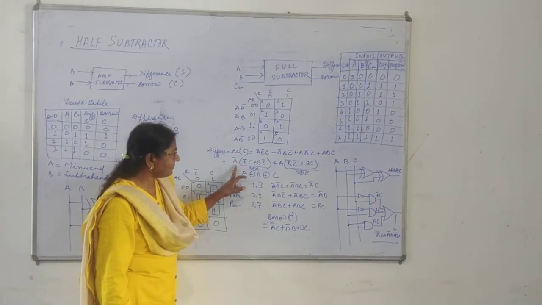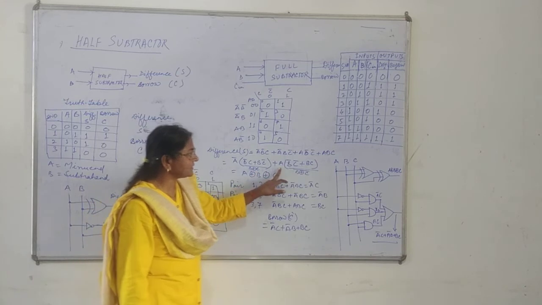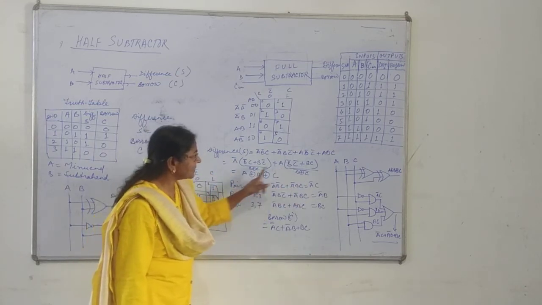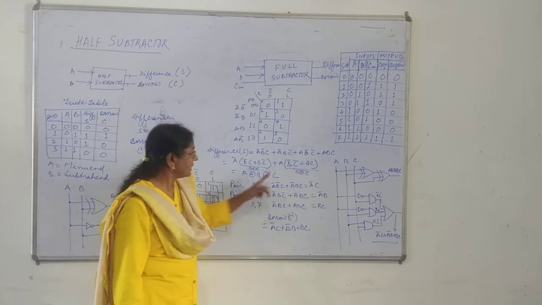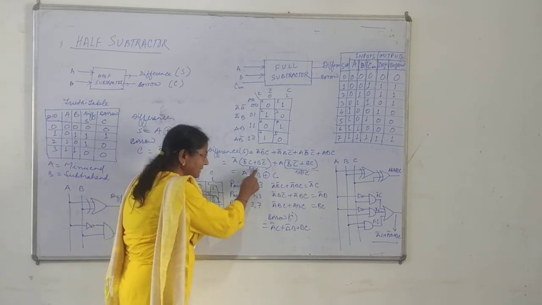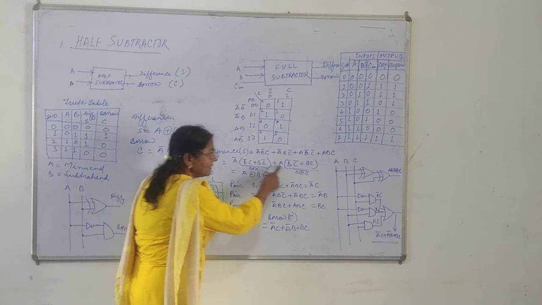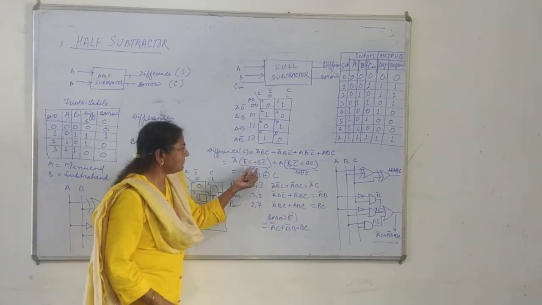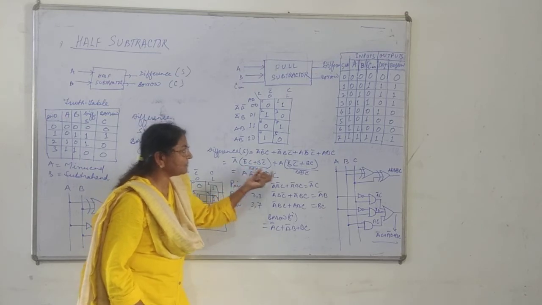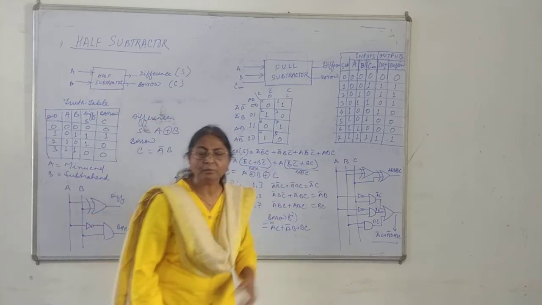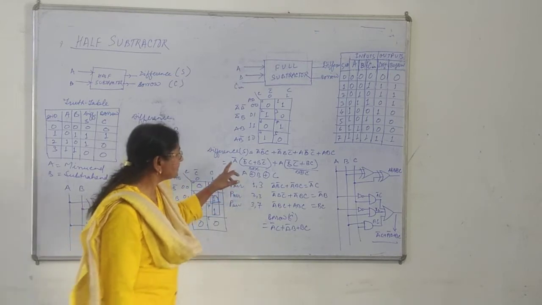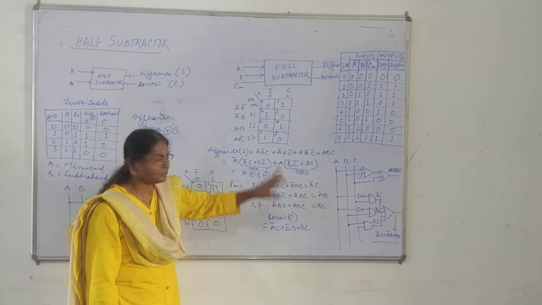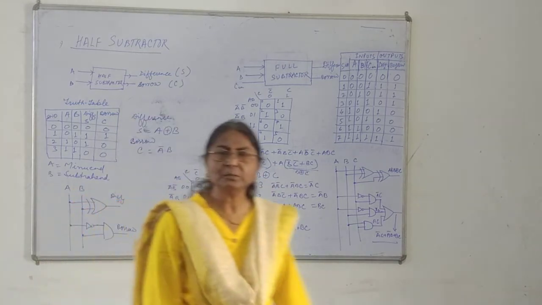So this one is A bar, B exclusive-OR C, and this one is A, B exclusive-OR C not. So it has become A bar B, A B bar. Just to imagine, if we call B exclusive-OR C as B, and B exclusive-OR C not is equal to B bar. Okay, so we can say here A bar B or A B bar is equal to A exclusive-OR B exclusive-OR C. So it has become a 3-input exclusive OR gate.